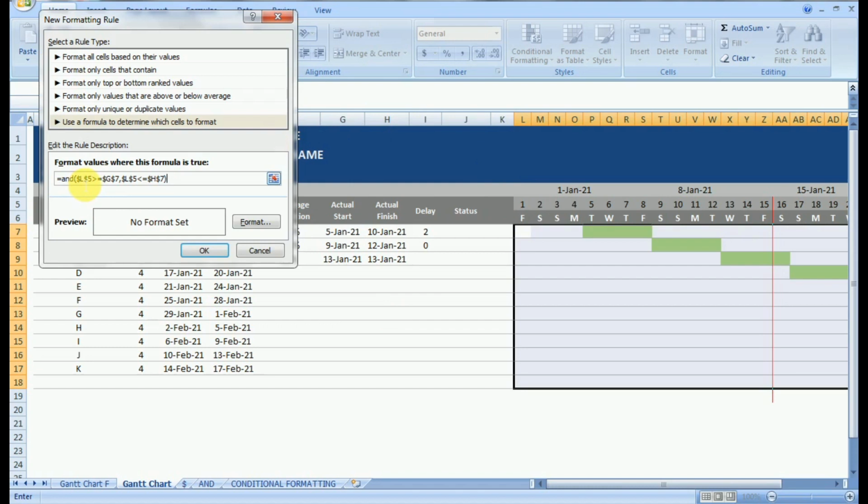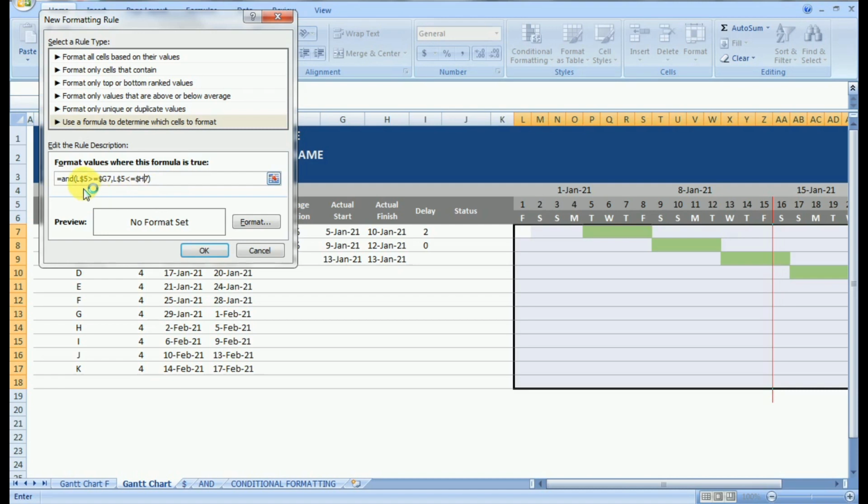So I will put the dollar sign in front of G because I do not want G to change. I will put a dollar sign in front of H because I do not want H to change, and I will put a dollar sign in front of 5. By putting this dollar sign, this value will not change, it will become static. When I move the formula to a different cell, the address will not change where the dollar sign is kept.